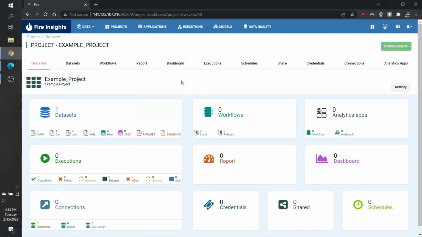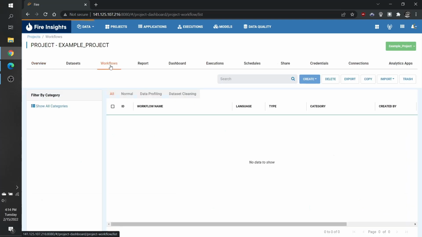In this tutorial, we will cover how to create and execute a workflow. In previous tutorials, we covered how to upload a dataset, create a dataset, and how to create a project. First, to create a workflow, we need to move to the Workflows page using the menu at the top of